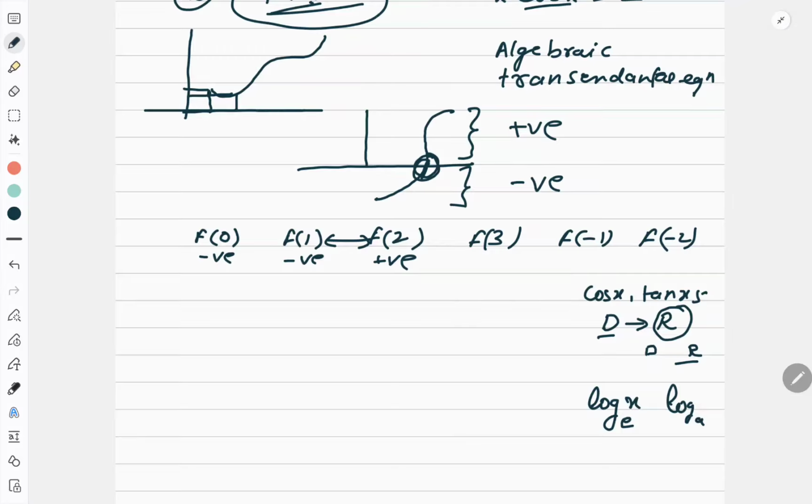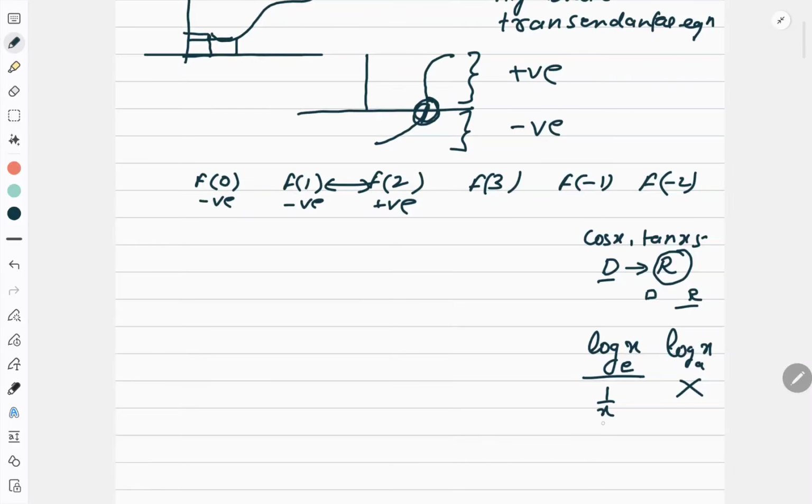Because that is where you will make the mistake: differentiation of log x is 1 by x, but differentiation of log ax is not 1 by x. So these are the few small things you have to take care of in the questions. Another thing: suppose the question says find the answer till 2 decimal places. You have to calculate till 4 decimal places and match the 2 decimals. I will explain that with a question also. I am just telling you the pointers you have to keep in mind before starting the questions.